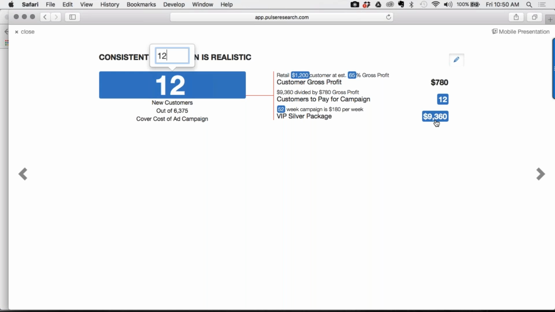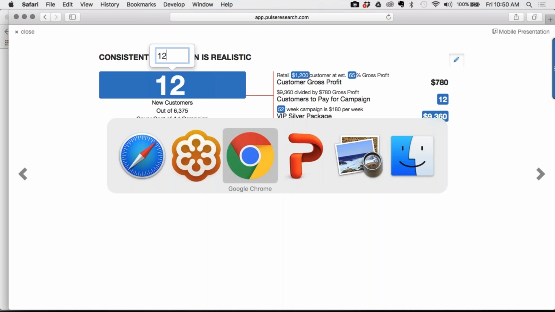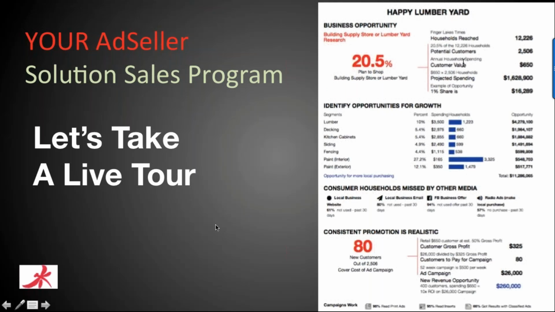$9,360 ad campaign. What's really great about this is you get their input so that they calculate out, they project, they're comfortable with an ad campaign that they calculated out the amount for. It's really awesome. Okay. So in summary, going back here, if I might, this program here is designed as a